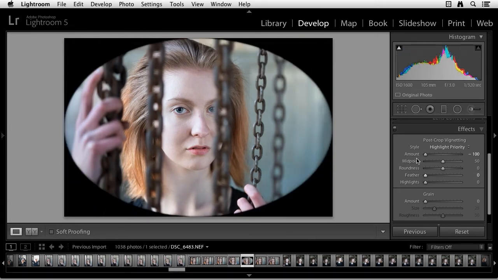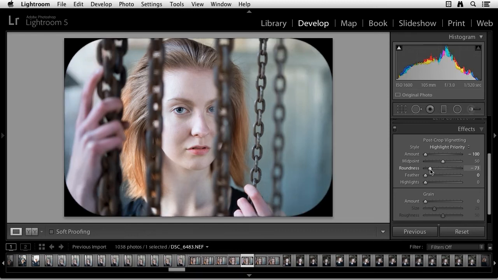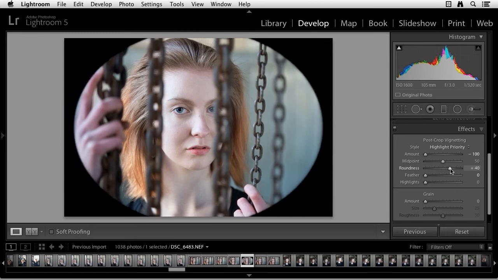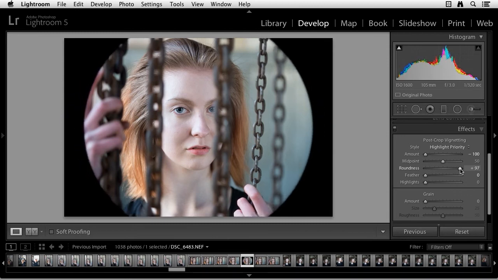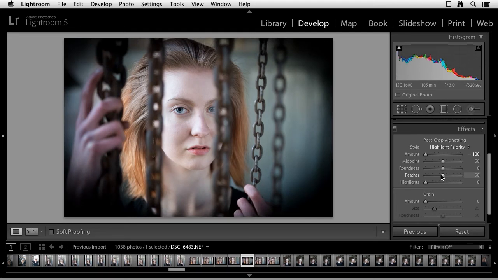Now when I come up to the roundness slider, you're going to see how this slider works much more clearly. I'm going to move this roundness slider to the left. It really isn't an oval anymore. It's almost a rectangle with rounded edges. You can change the shape of the vignette using the roundness slider, and if I move it to the right, it'll make it even more round. You can see that a lot better when the feather slider's all the way to the left. So let me put this back to its default, and I'm going to double click on this arrowhead and bring feather back to its default as well.